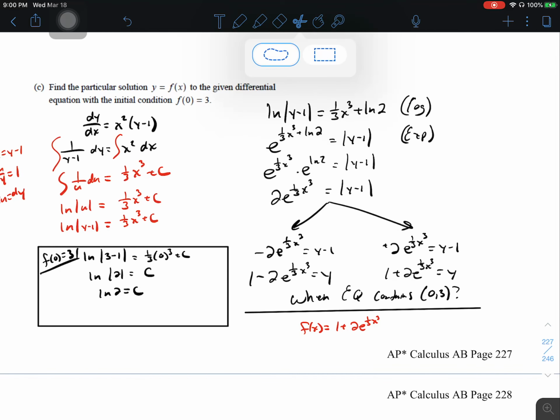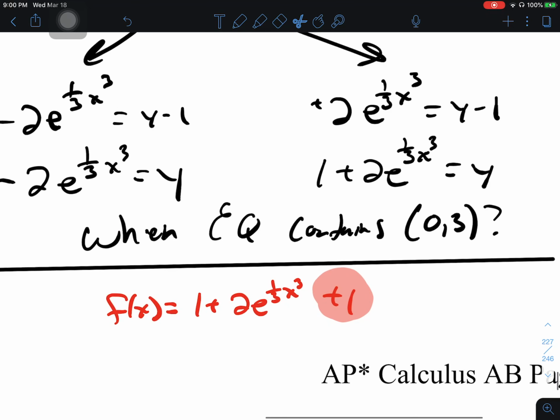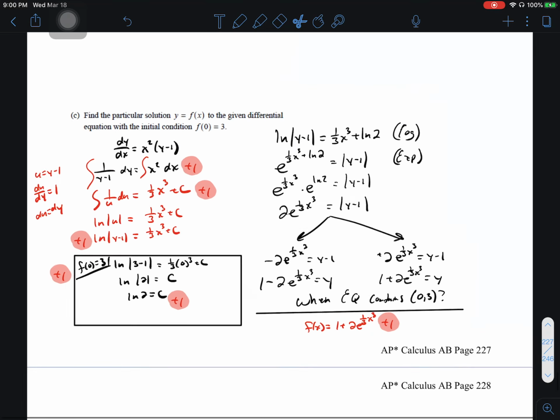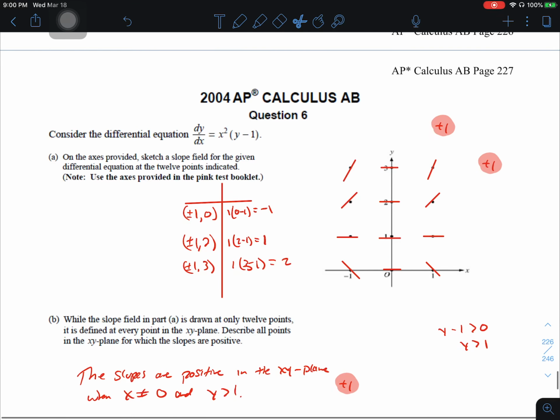As far as scoring goes, you get 1 point for getting this correctly. And this isn't written real clear. This is 1/3 x cubed. You get a point for finding c, a point for using the initial condition. You get a point for separating your variables. You get a point for integrating each side correctly. Well, that finishes up 2004 number